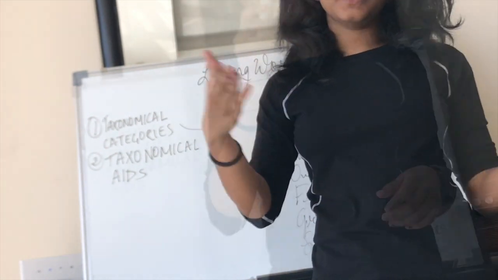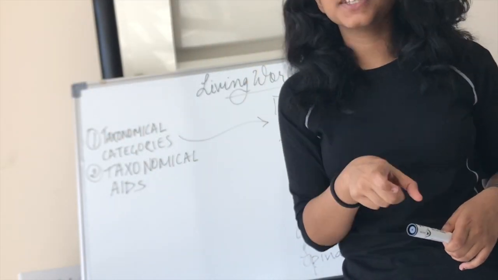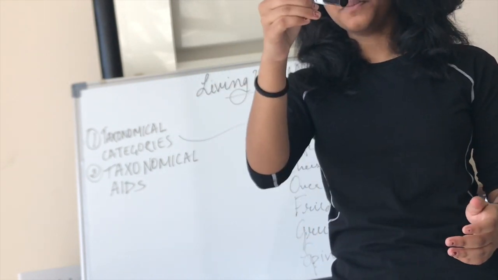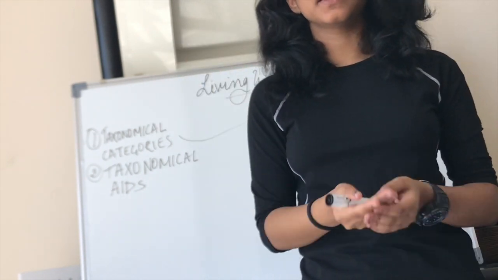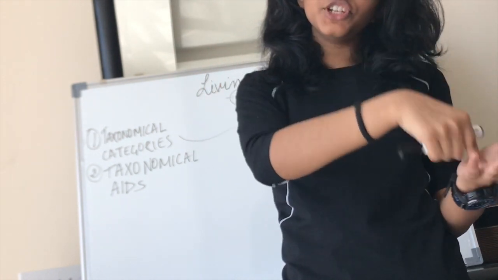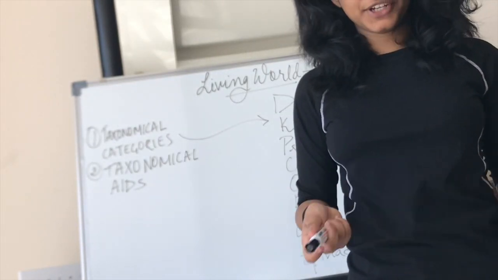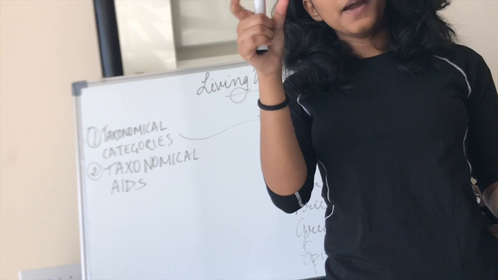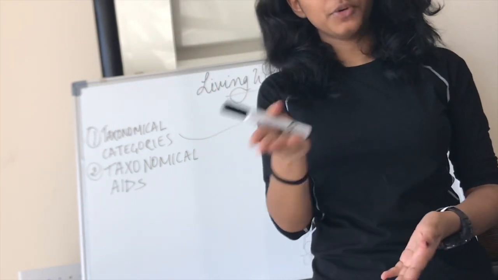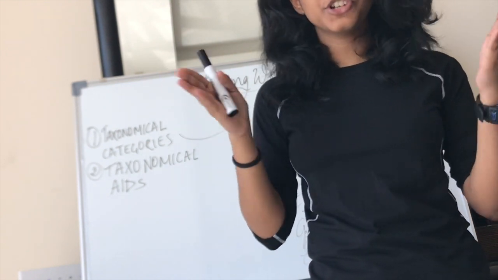Similarly, Panthera leo is a species. But if you consider Panthera, the genus of this species, it can have more than one species in it: Panthera leo, Panthera tigris. Panthera tigris is nothing but tiger. So lion and tiger are included in the same genus. Similarly, if you consider Solanum tuberosum, that is potato, Solanum is the genus, but it has many other species under it. For example, Solanum tuberosum, again potato, and Solanum melongena, that is brinjal.